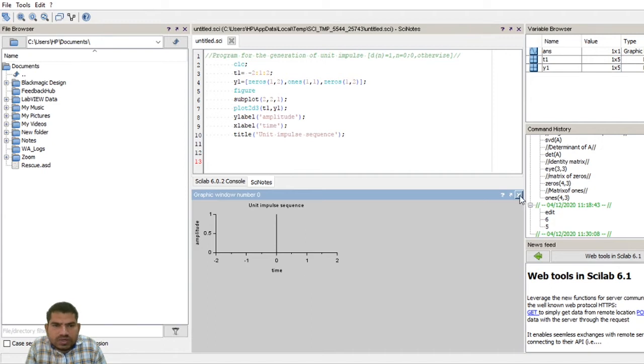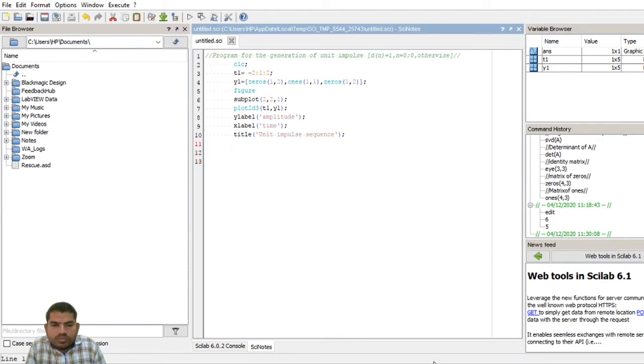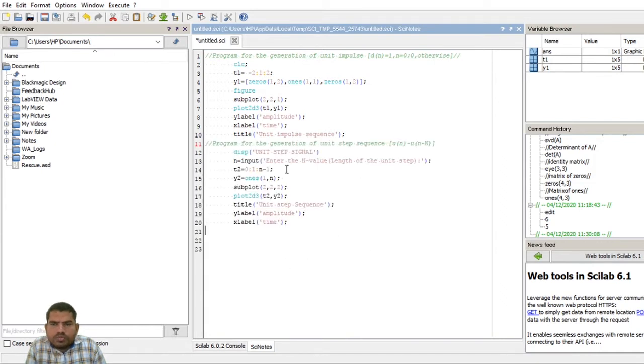Then the next program. Now I am writing the next program, the program for the generation of a unit step sequence.